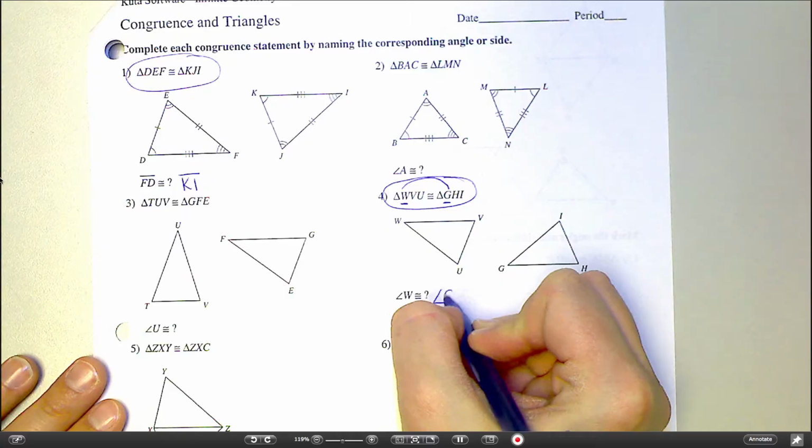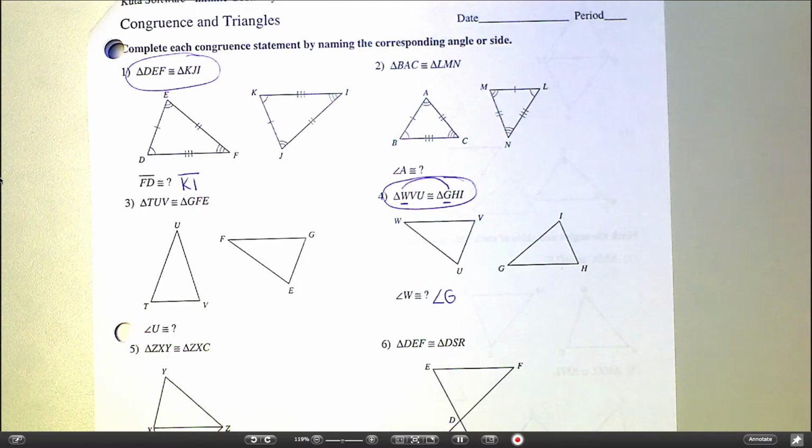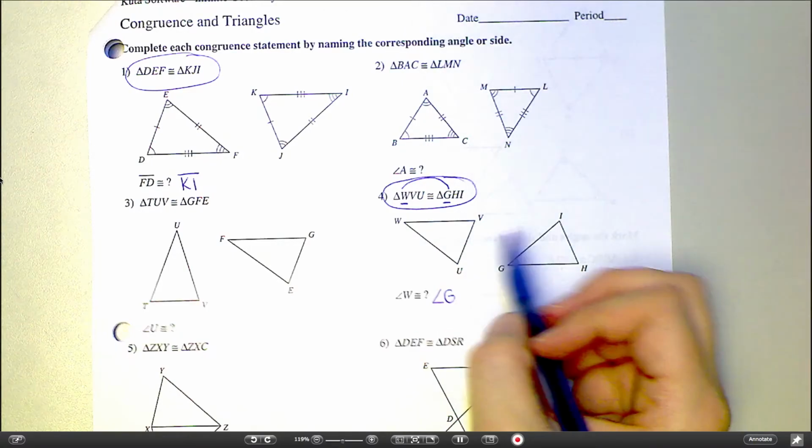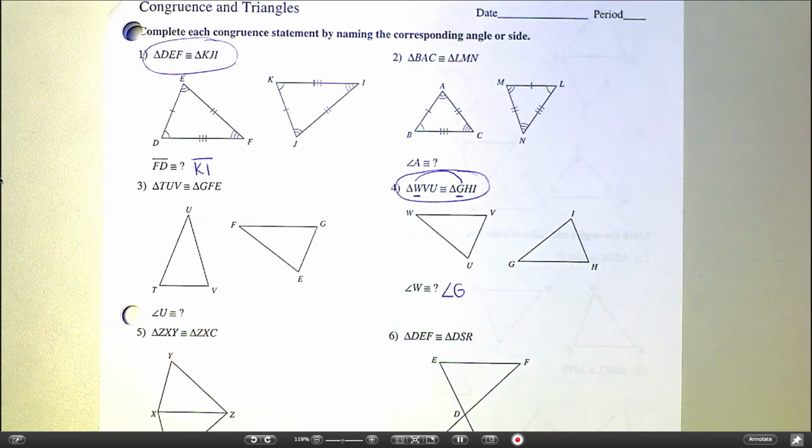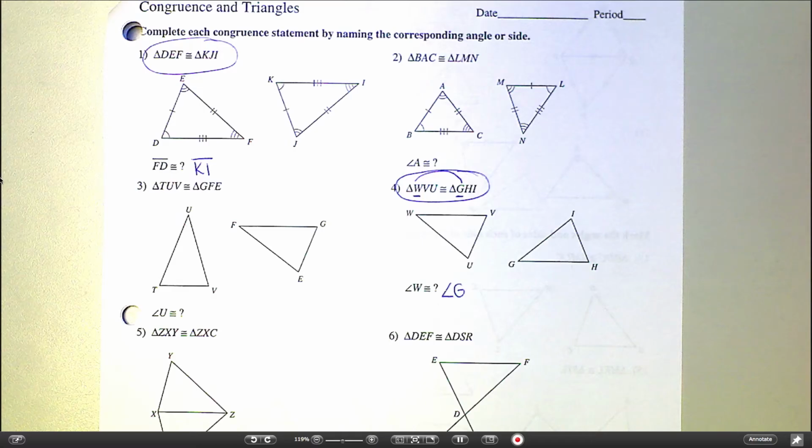Okay, now the thing is on the picture, you can't go by visuals. You can't look at it and say, I think those two angles look like they're about the same. Well, I just knew it because of the point. Okay, but I mean there's 3 points. So you can't go by the picture if there's no markings on the picture. Okay, just be careful with that. Okay, let's do